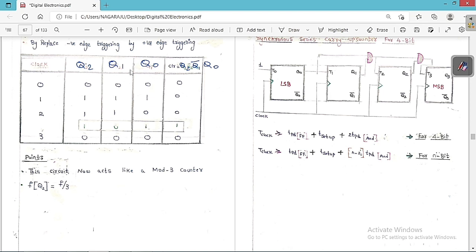So this is Q2, Q1, Q0. Here the clear signal is equal to Q2 Q0, because 101. I already told you 101. Whenever 101 comes, this is going to get activated. So now, if I replace the negative edge triggering with positive edge triggering,